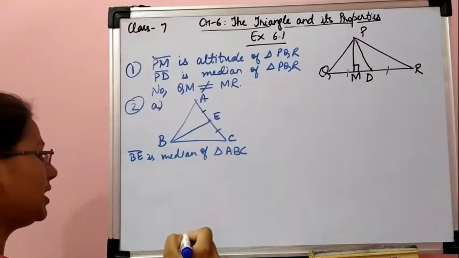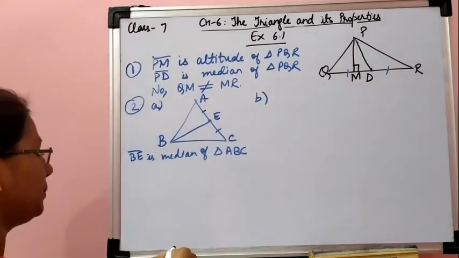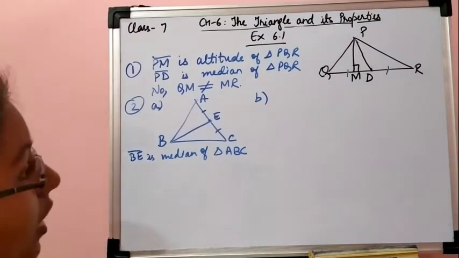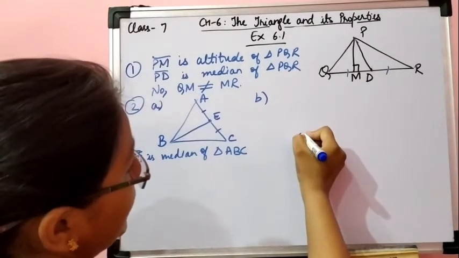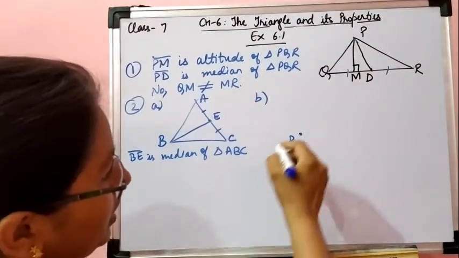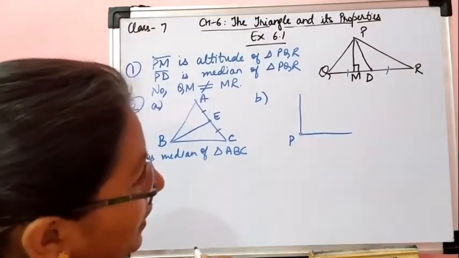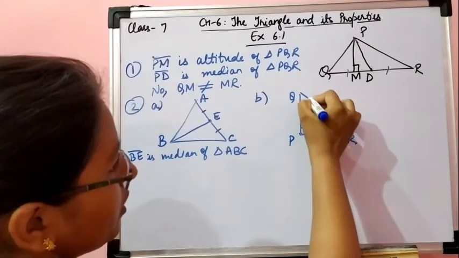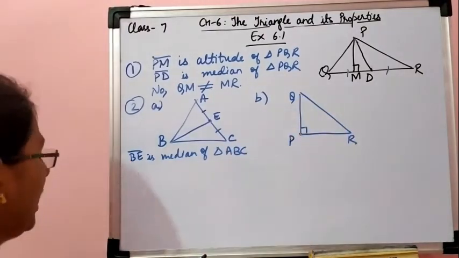Okay. Now similarly in second part, in triangle PQR. अब आपको एक ऐसा ट्राइंगल PQR बनाना है. PQ एंड PR are altitudes of the triangle. PQ भी एल्टीट्यूड रहे और PR भी एल्टीट्यूड रहे. मतलब P पॉइंट से दो एल्टीट्यूड बनने चाहिए. Take this point as P. P से Q पे 90 डिग्री बनना चाहिए और P से R पे भी 90 डिग्री. So PQ and PR. Okay. So in this right angle triangle we have two altitudes.